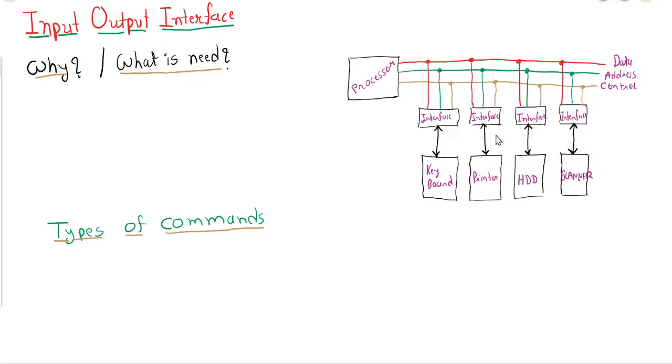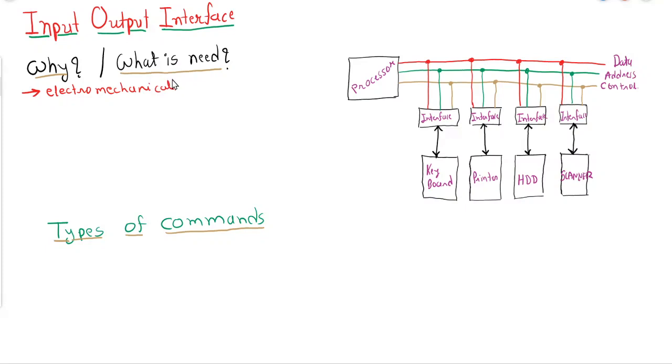Now what is the need of this? First of all, many input output devices are electromechanical, so they are working on different signals. Let's say many devices are working on analog signals and many are working on digital signals.